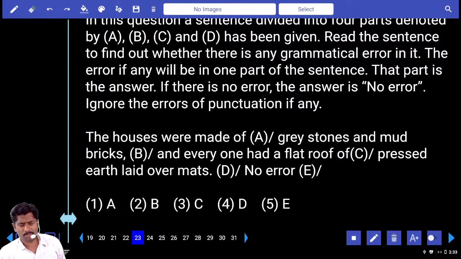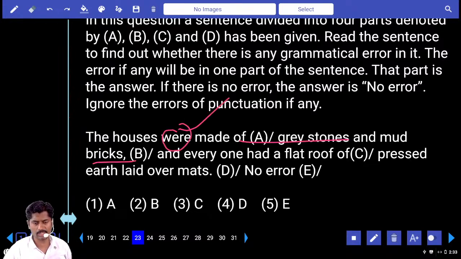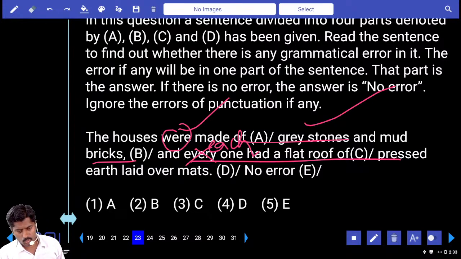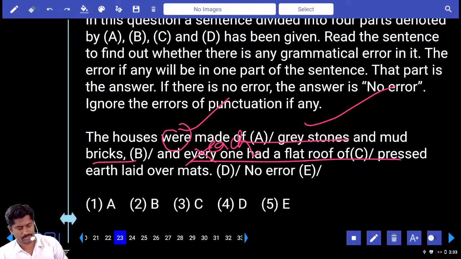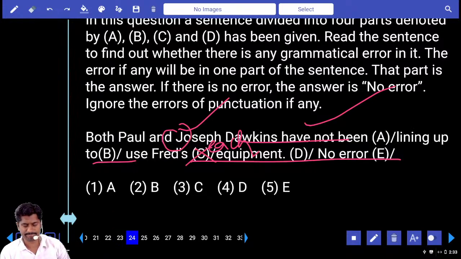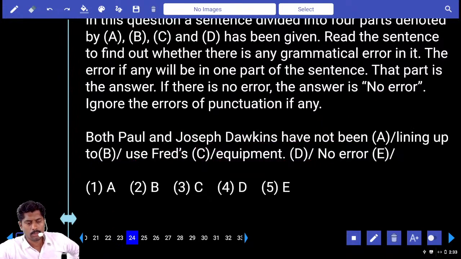The houses were made of grey stones and mud bricks and everyone had a flat roof of pressed earth laid over mats. Answer. A, B, C, D. Houses were made of stones and mud bricks. This is correct. And everyone had a flat roof. Everyone kaadu. Each one had a flat roof of pressed earth laid over mats. Each one. Both